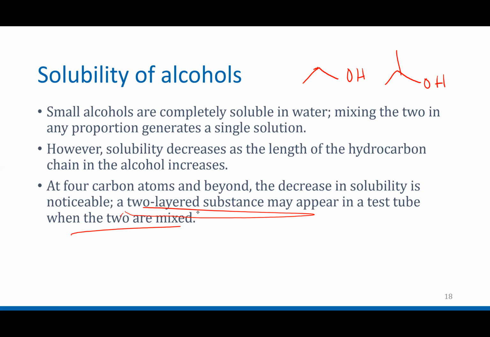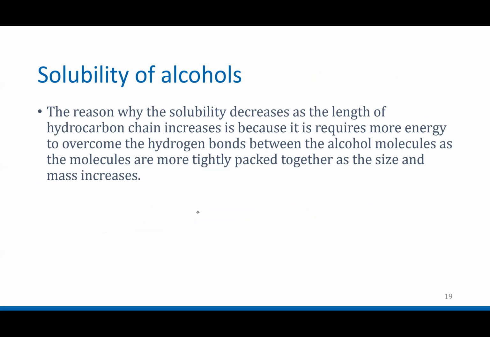Soaps, or I guess I should say surfactants, are these giant molecules that have polar and non-polar ends. Well, when an alcohol gets so big, it can really be the same type of thing. The reason why the solubility decreases as hydrocarbons get longer is that it requires more energy to overcome the hydrogen bonds between the alcohol molecules, as the molecules are very tightly packed and their size and mass increases. In other simple words, when the chain is so